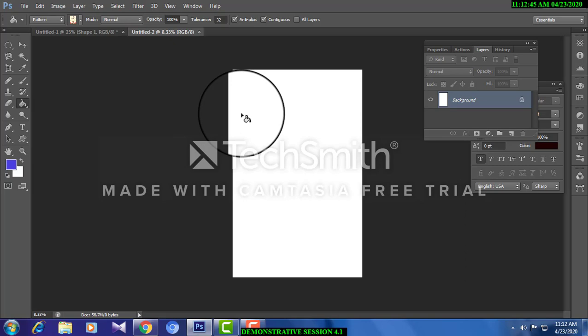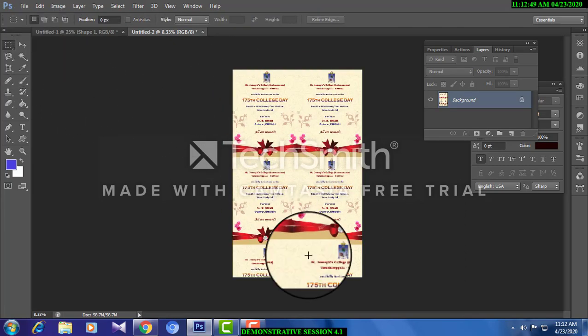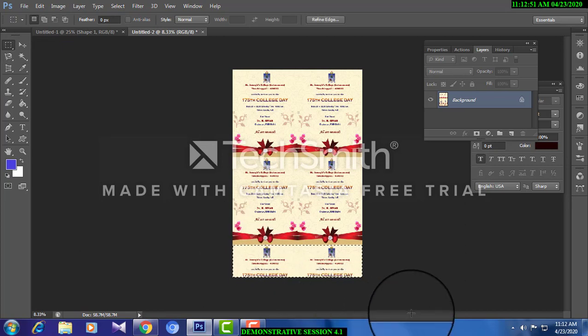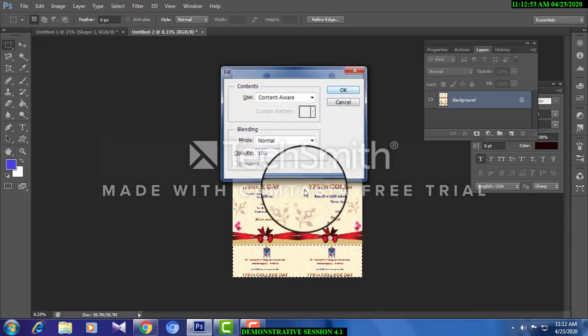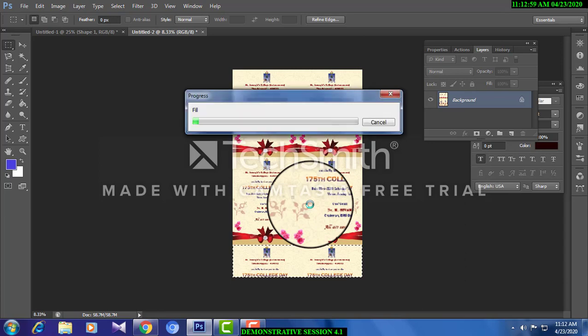Now look here, automatically the 4 invitations will come, and in the remaining space down below, you can remove this and put your visiting card. Put your visiting card at the bottom so that you get 2 or 4 visiting cards. Now you have 4 invitations that can be printed, and you ask them to cut. They will help you in the printing shop with cutting the file.